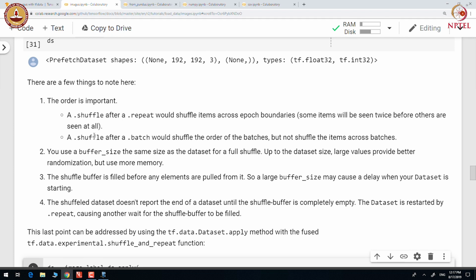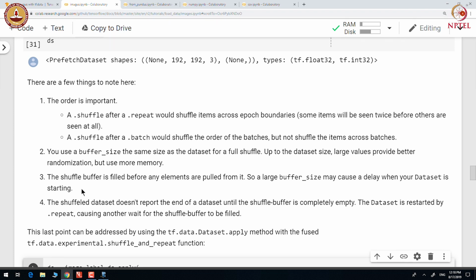Shuffle buffer is filled before any elements are pulled from it. So, a large buffer size may cause a delay when your dataset is starting. The shuffled dataset does not report the end of a dataset until the shuffle buffer is completely empty. A dataset is restarted by repeat, causing another wait for the shuffle buffer to be filled.